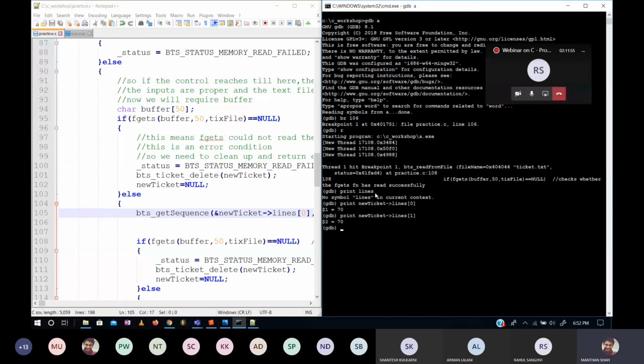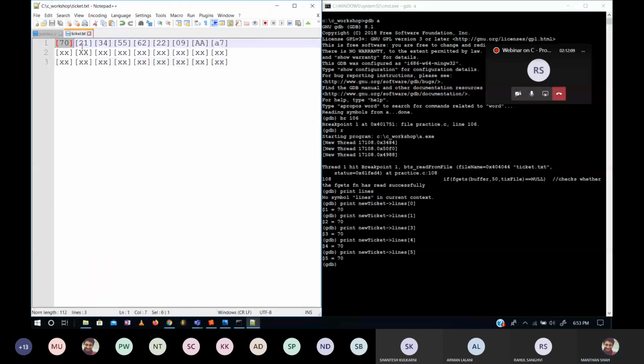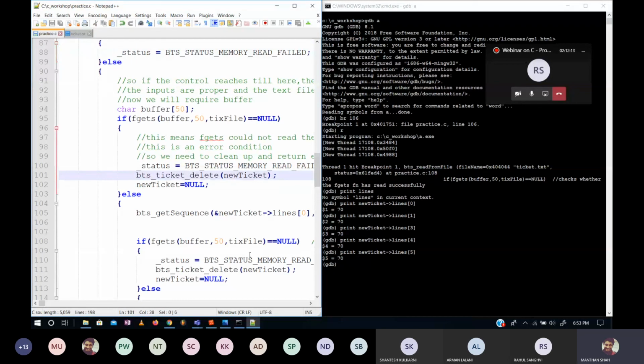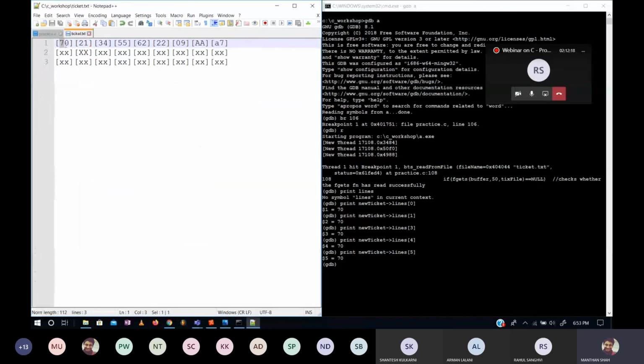And as you can see, मैं बीच में program के बीच में देख सकता हूँ कि क्या हो रहा है. So definitely ये issue मेरे get sequence में आ गया है. That I can realize that. क्योंकि clearly यहाँ पे ticket में तो मेरे numbers vary हो रहे हैं. But ये नहीं, यहाँ पे मुझे realize हो रहा है कि ये जो 70 है वो बार बार इसी को read कर रहा है. So ये क्यों हो रहा है?